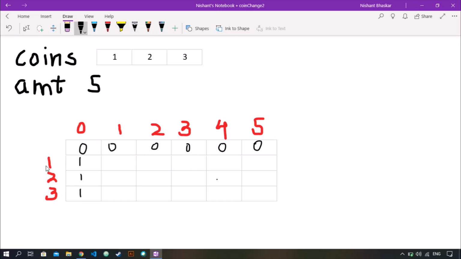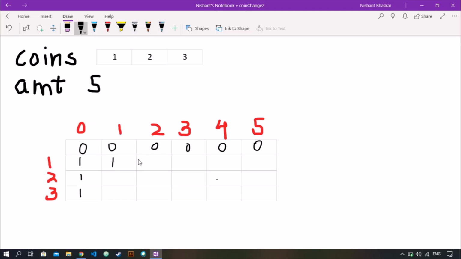Okay, so for now let's suppose we have only coin 1 and we have to make up amount 1. So what we do is we go up, we add it to our answer 0, and we go one step behind in the same row, so that is 1. So when we have a coin of denomination 1 and we have to make amount 1, we can make it in a single way, that is selecting the coin 1.